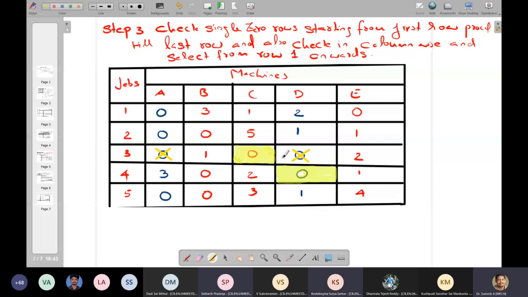Then we have to cut the one in 4B also, no, sir? Yes, sir. Where? 4B. Yeah, 4B also now it is cut. Sorry, I didn't see it. You are right. That is also cut. Correct.